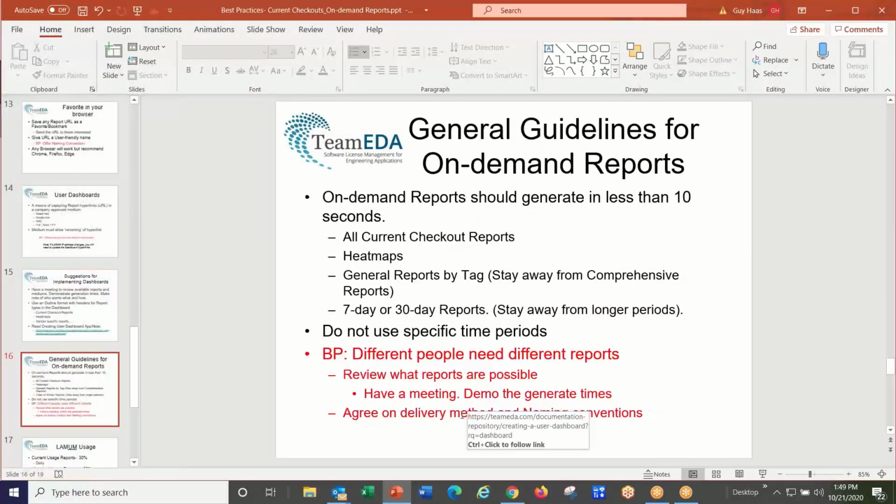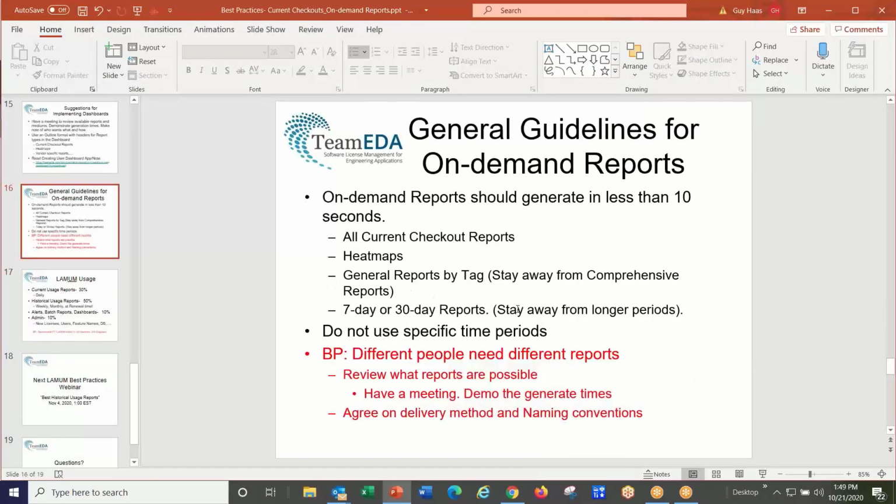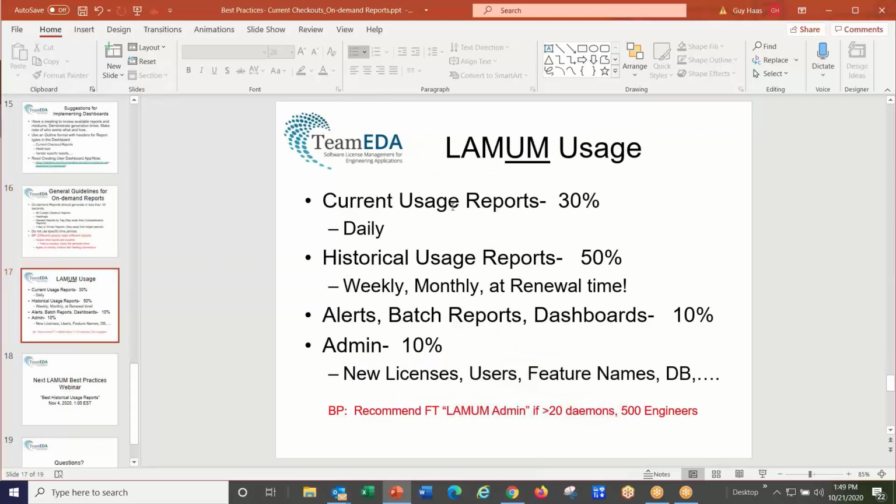Oh, we've already talked about all that. General tabs. Oh, let's see. I think we've covered everything now. The general guidelines on demand reports. Just as a practical